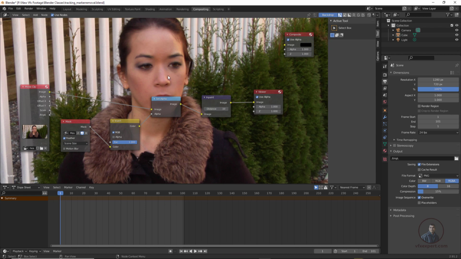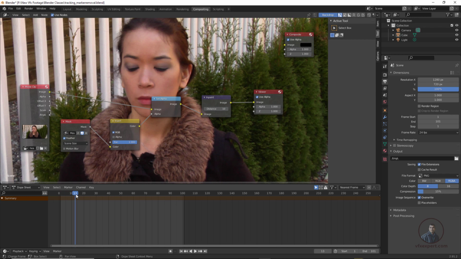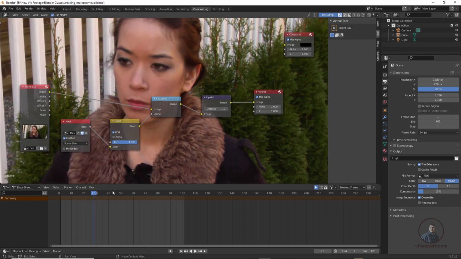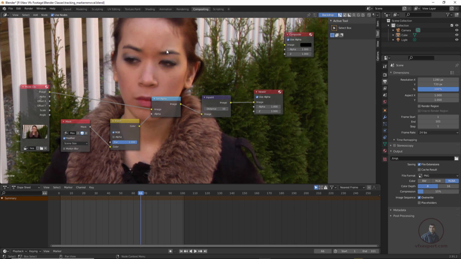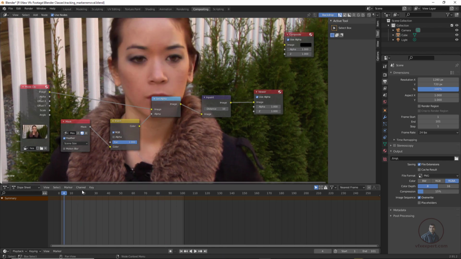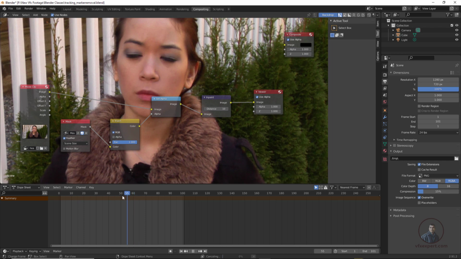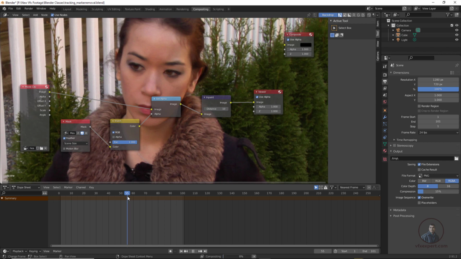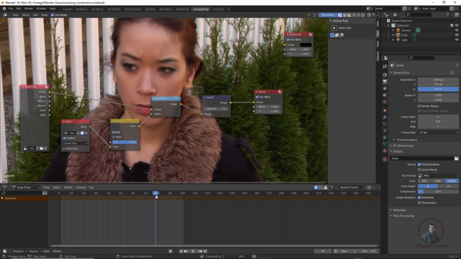Now if you look, I have removed all these tracking markers. Now play and check in other frames also, so easily you can see. Now again press Alt and V. Here I have successfully removed all these tracking markers. There are no problems here. Now this is looking good. It's not actually updating in real time, so after this we will render this and check our output. Now this is looking good.